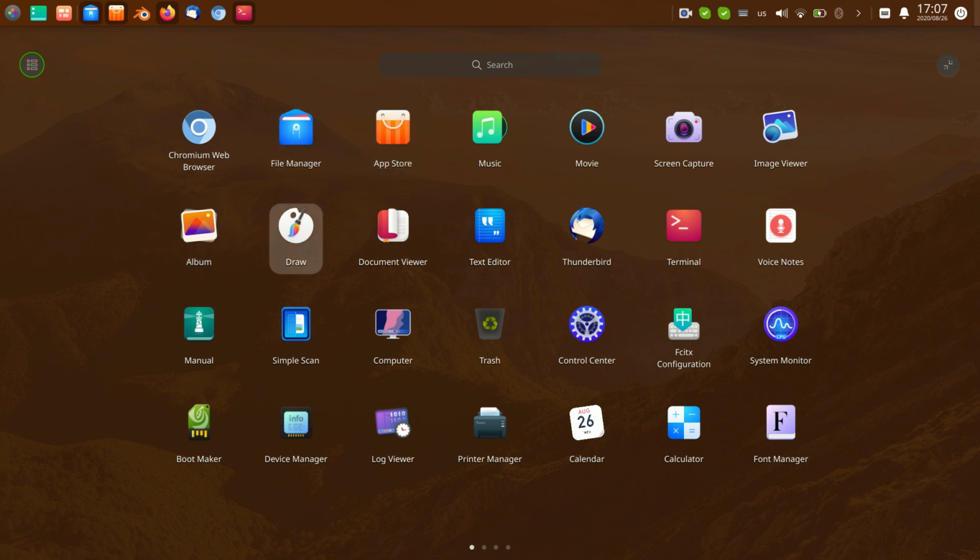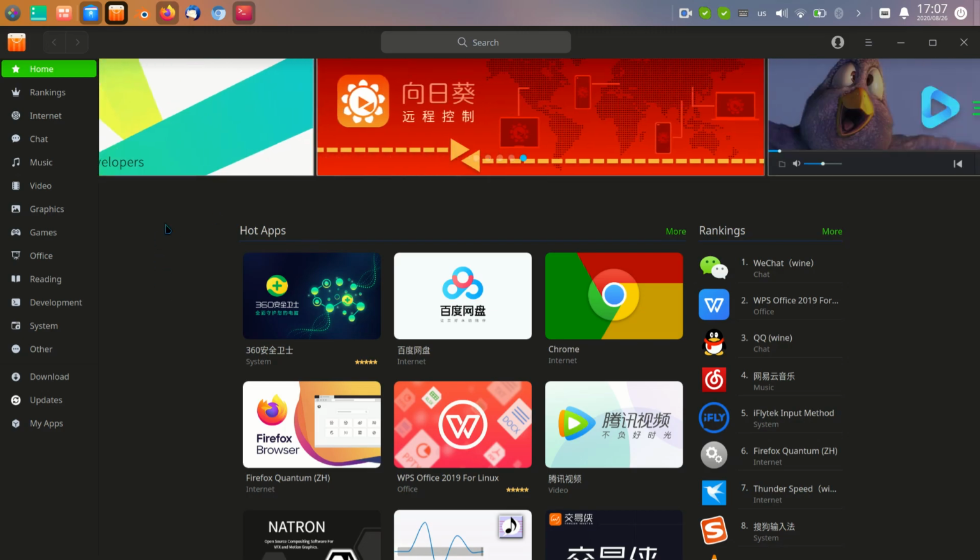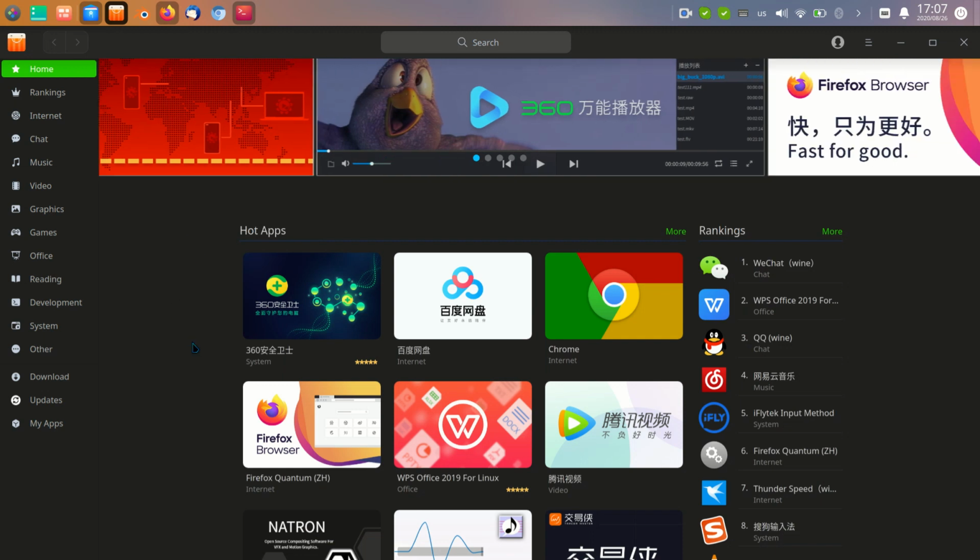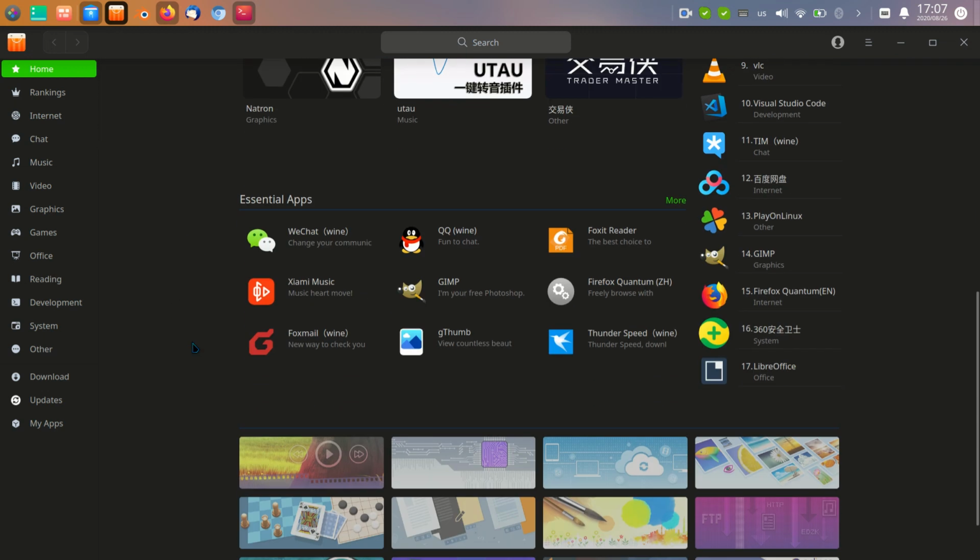And here is coming the draw, or it's like Paint in Windows, but it's different. It's very useful. Well, here's the App Store. In this place you can install different programs if you want something. Well, I have my program here, but I will choose